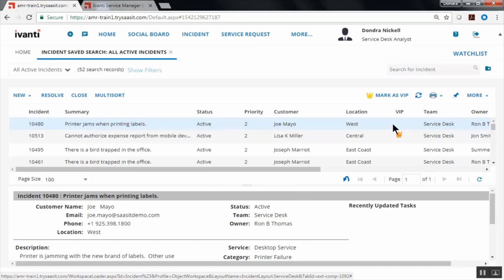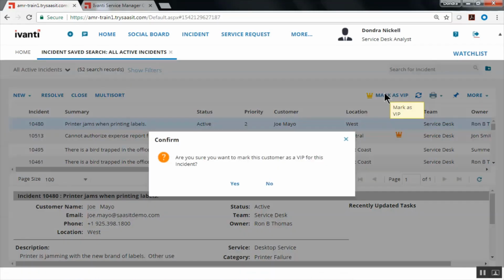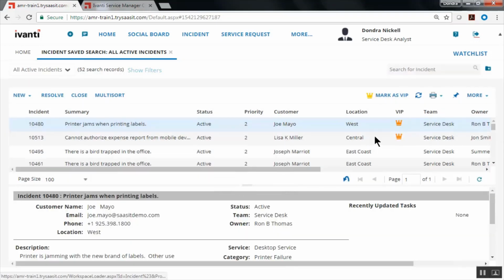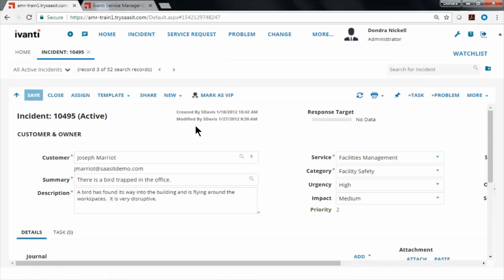Okay, so as a Service Desk Analyst, I can see there's that button that I put in there. If I click on it, it comes up with the question that I put into the quick action. And it's going to mark them as a VIP. Okay, now if I go into form view, double click there, and we can see that the button has been